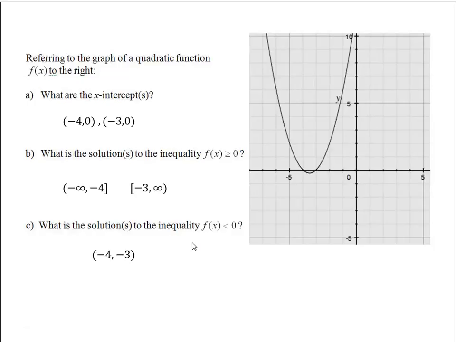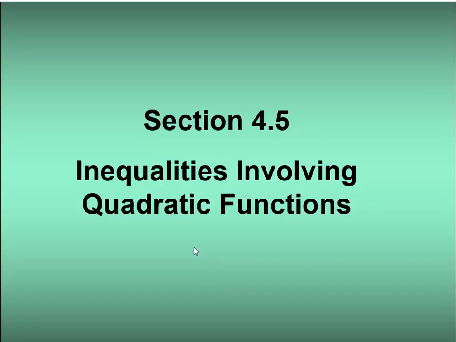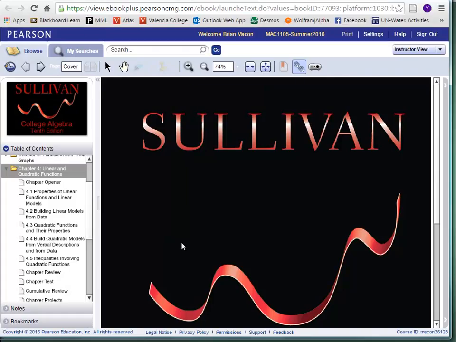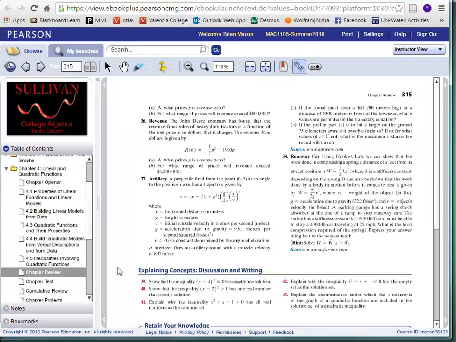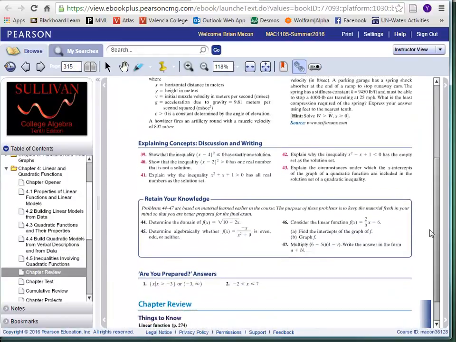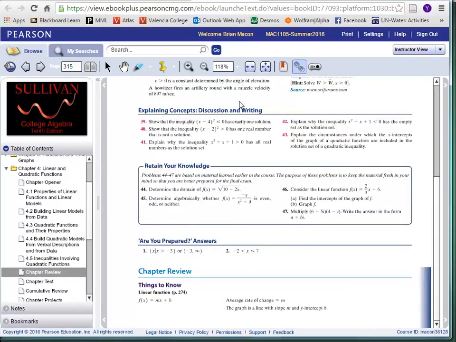All right. So what's nice here, this last section in chapter 4, is a good visual way to graph and solve inequalities. One thing to keep in mind as you start to prepare for the chapter 4 test is there's a really nice summary, like a chapter review, in MyMathLab. Once you're in your e-text within MyMathLab, over here on the left I click on chapter 4 and I can come all the way down. There's a chapter review activity. And just to remind you, what this chapter review does here is,